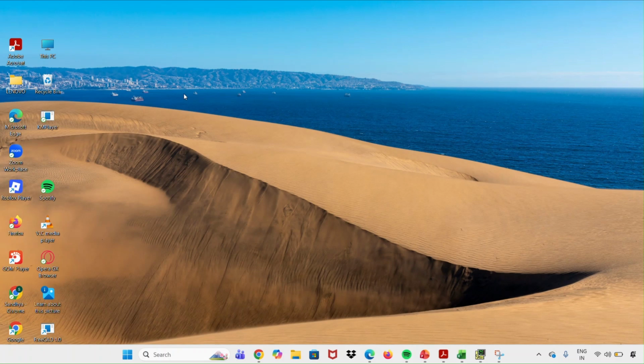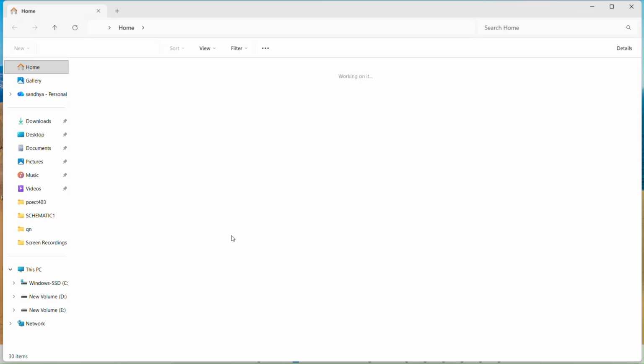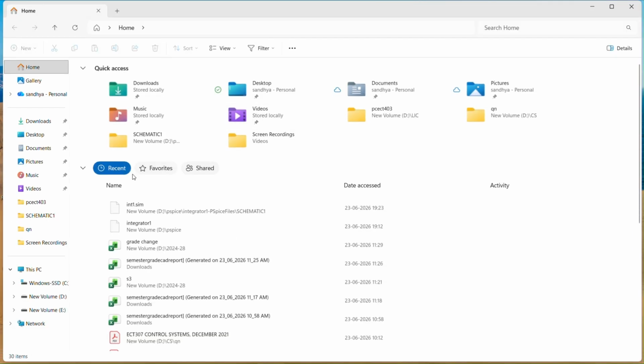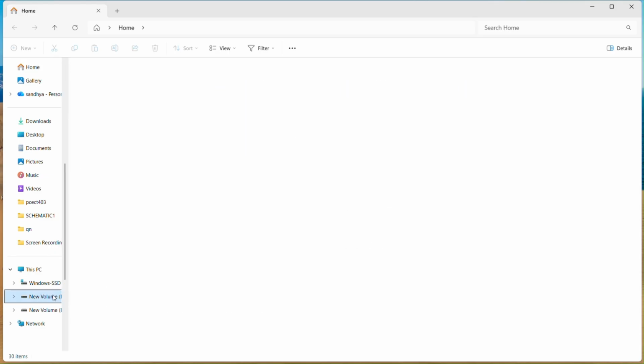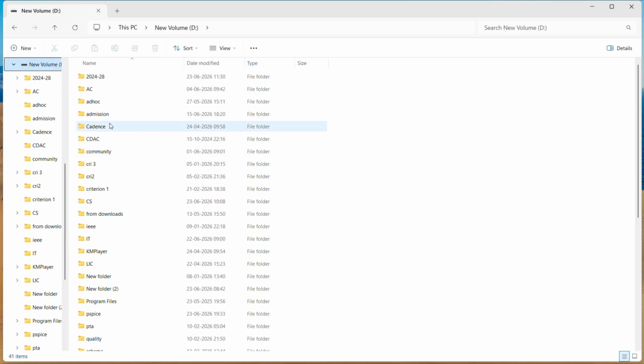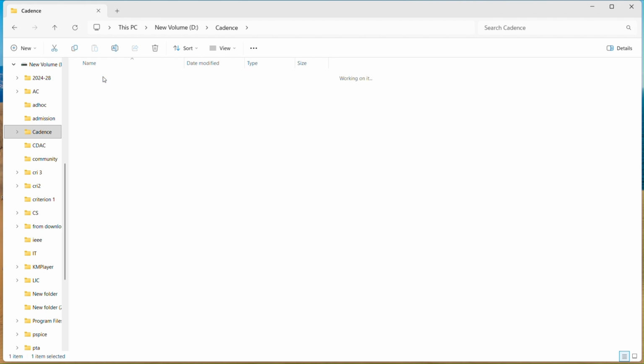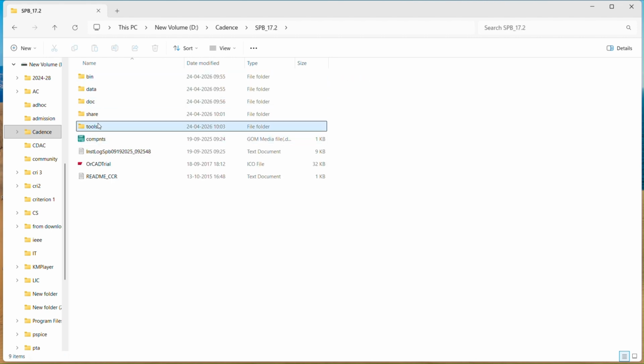To get the Capture or the Cadence software, first install it and then go to the location. Normally it is installed in the C drive, so then you can get it from the start menu itself, but in my case I've downloaded it in the D drive, so I'll go to D, then I'll take Cadence SPB 17.2 tools,